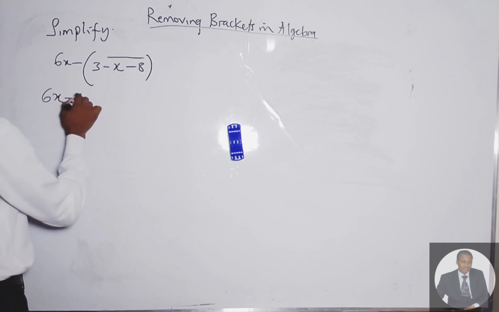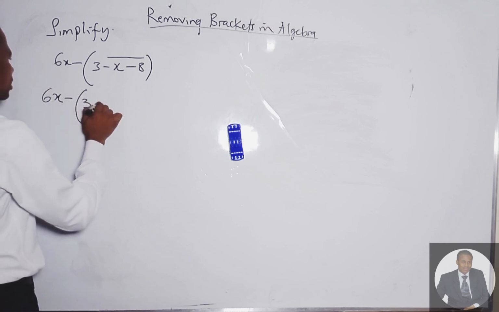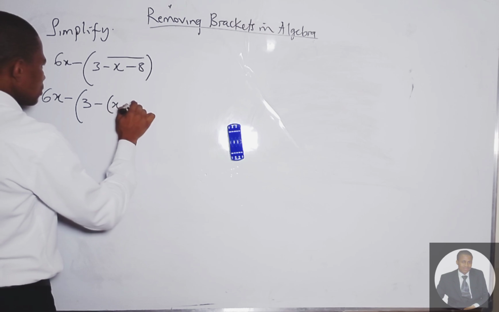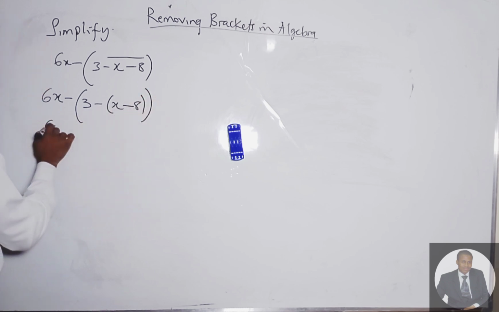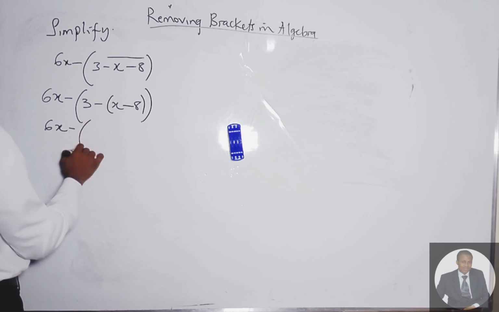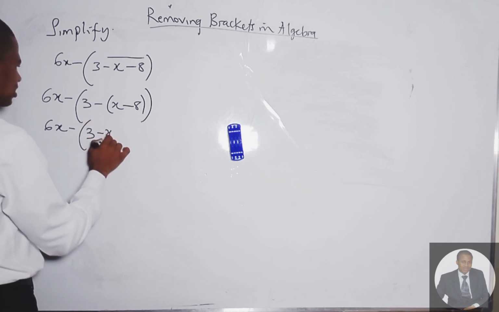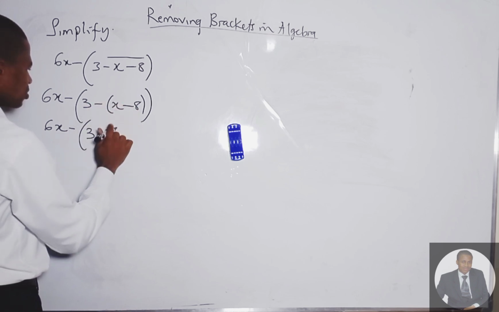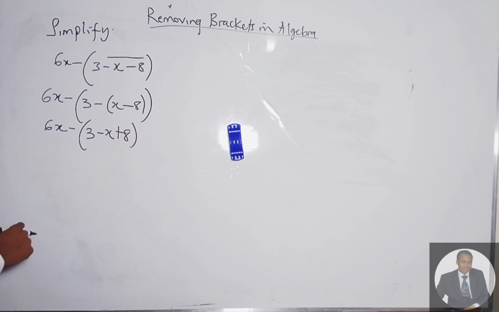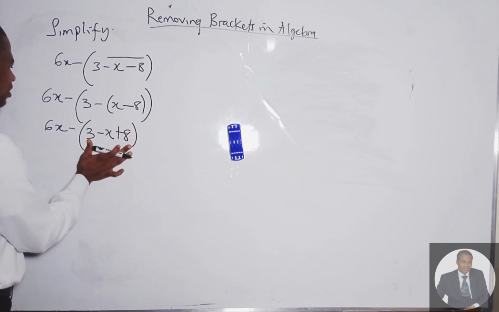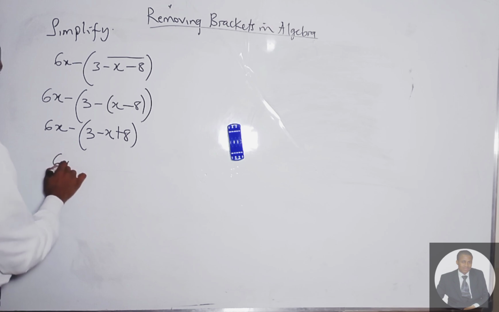6x minus, let's put the bracket inside first. Then we expand the bracket inside. Minus x, minus times minus is plus. We have something like this. So we can go ahead to simplify what is in the bracket and say 6x minus